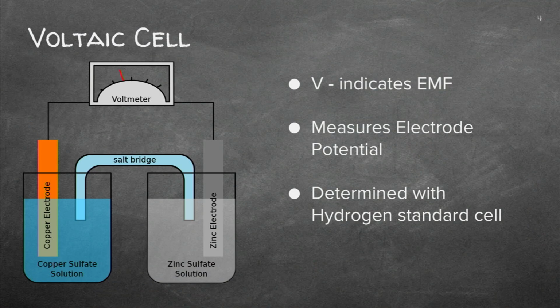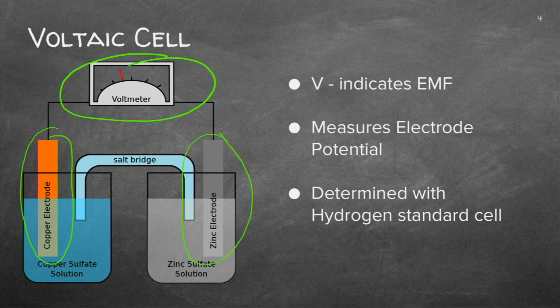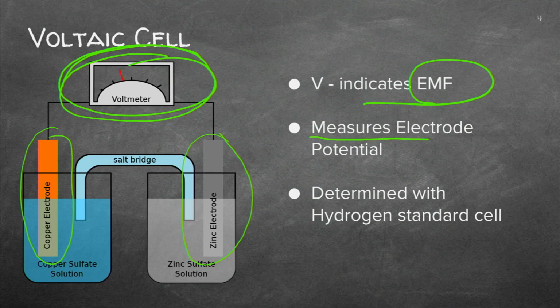So if we have a look at our electrochemical cell, which is the galvanic or the voltaic cell, you'll know that we've got a voltmeter linked to the two electrodes. This one has a copper and a zinc electrode, and we've done that in a previous lesson. Now we're going to specifically concentrate on that voltmeter reading, and that's a measurement of the EMF. And we've done that in physics where we had a look at EMF in terms of our circuits. So this is a measure of the electrode potential.